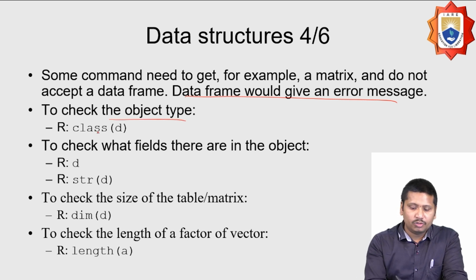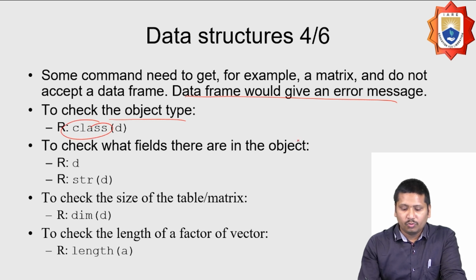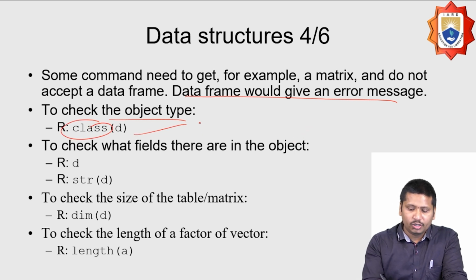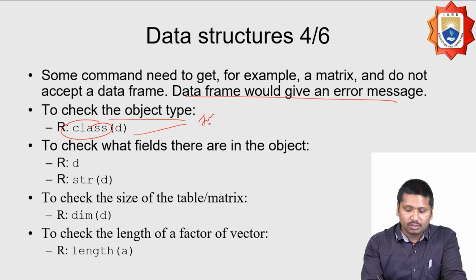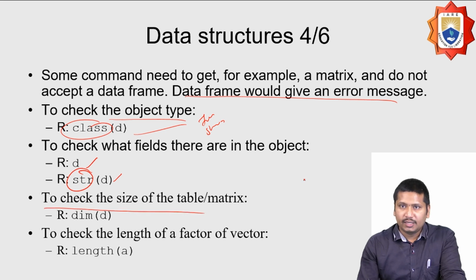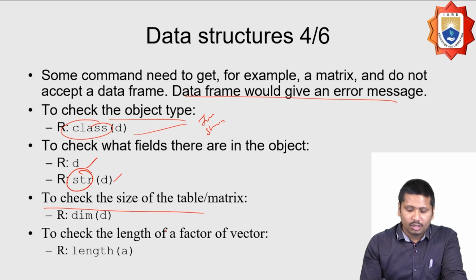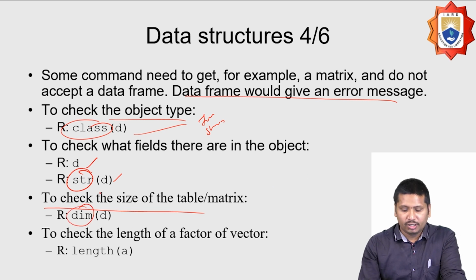So for that we have to specify class of D. Once you specify the class of D, I can know whether it is an integer or a string object. To check what fields should be in the object, suppose for D I can specify string of D, so I can convert that into the form of a string. And to check the size of the table, dim is a function here